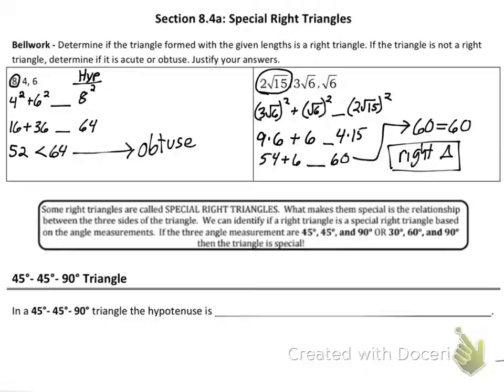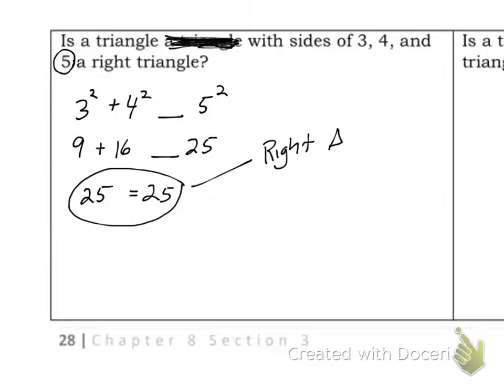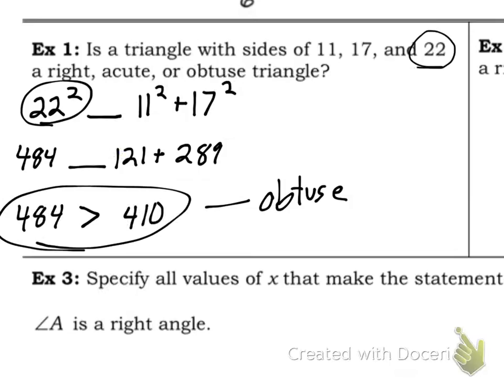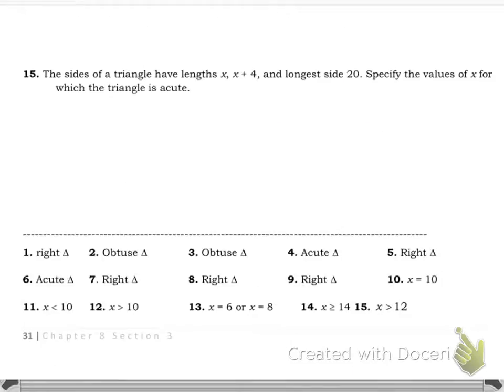All right, today we're going to talk about some, first, I know we had one question on the homework. It was the very last one. So the very last one said the sides of a triangle have x, x plus 4, and the longest side was 20. That means 20 is my hypotenuse. So you needed to set this up as one side squared, x squared, plus x plus 4 squared equals 20